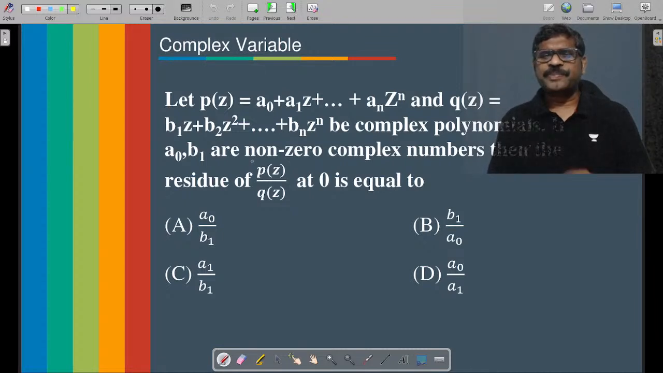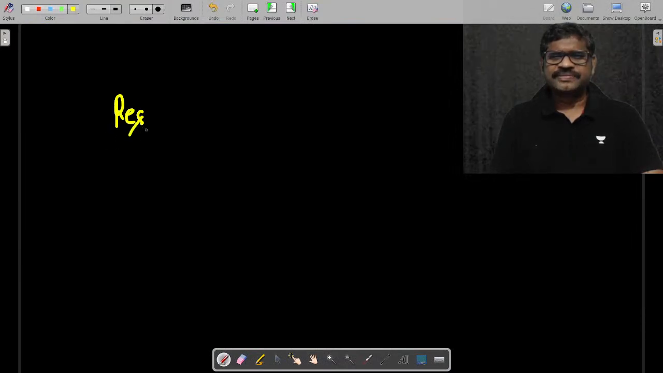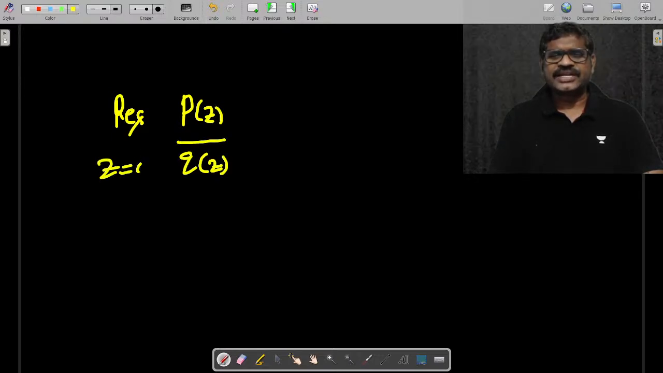Next problem. Let P of z is a0 plus a1z plus an z power n. Q of z is b1z plus b2z square plus bnz power n. If a0, b1 are non-zero complex numbers, then residue of P of z by Q of z. See here, residue of P of z by Q of z at z equal to 0 means at z equal to 0, P of 0 is non-zero, but Q of 0 is 0. Numerator non-zero, but denominator is 0. That's why residue of